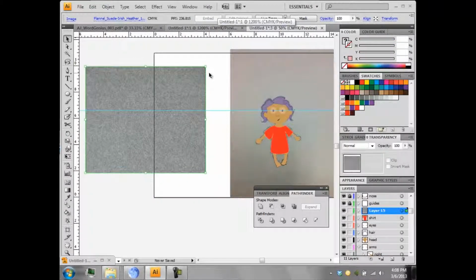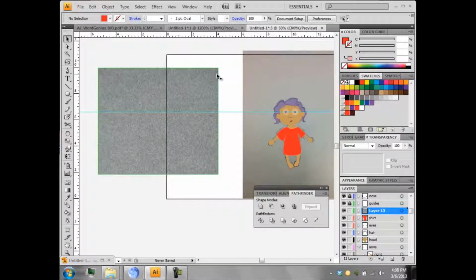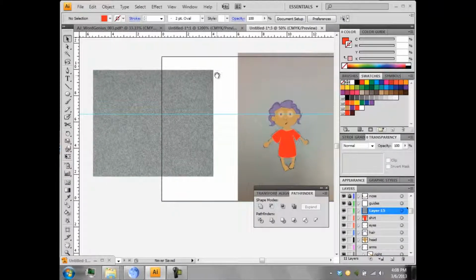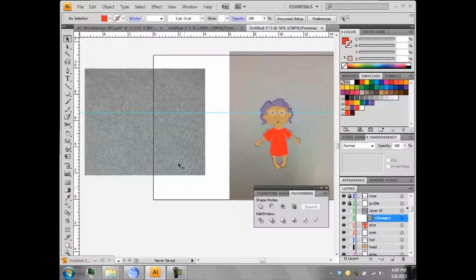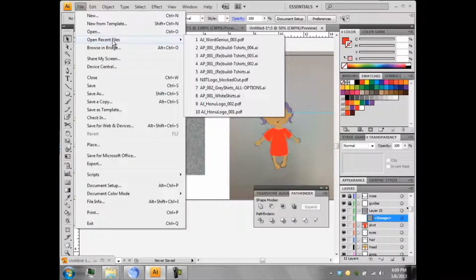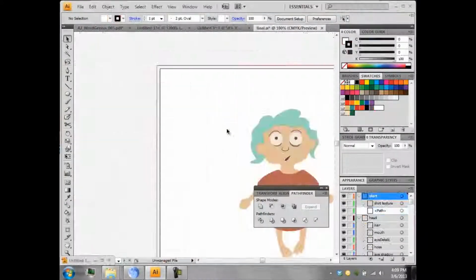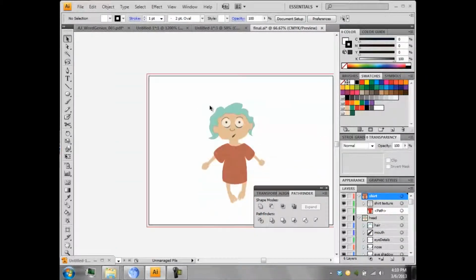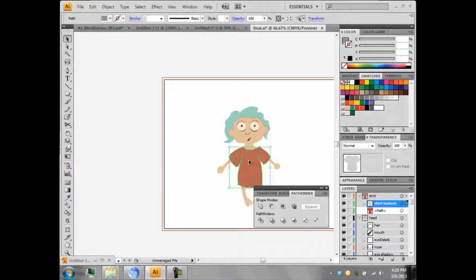So what this will do is it'll make your file a good deal bigger, because the way Illustrator manages bitmaps is that it saves it, I believe, on a per pixel basis, so it starts to get fairly large. But by embedding it, you can do cool things like drag it into your swatches. Unfortunately, it doesn't seem to be working for me. I think I have a file where I did have it working before, though. So you can notice because I embedded that texture file, it made things a bit bigger. But what can happen, which unfortunately it's not showing, but I know it's there, is if I